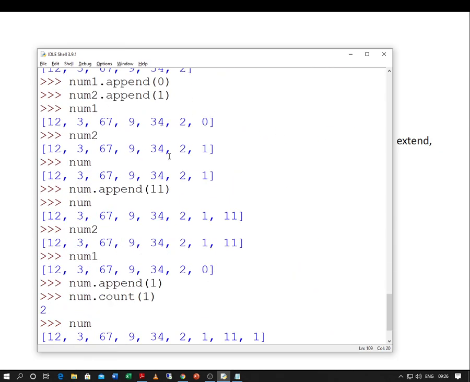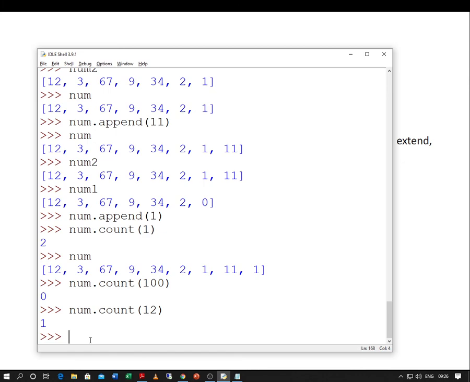But the extend method is specifically there to add some values to the list. Say for example, num dot extend and we use num1. So what happens?